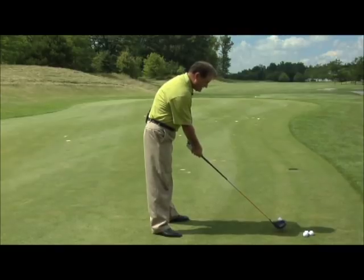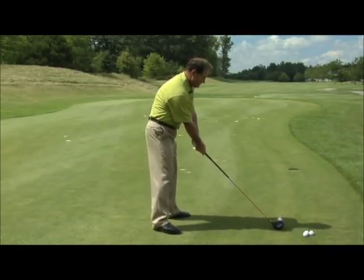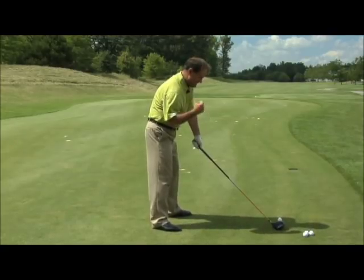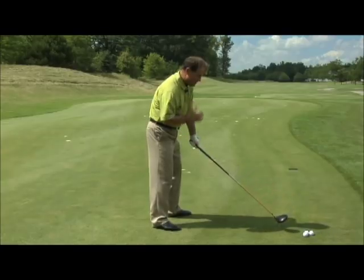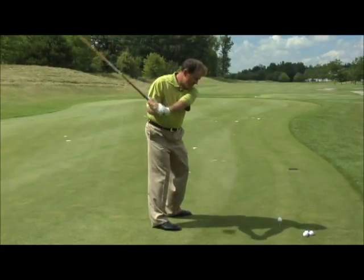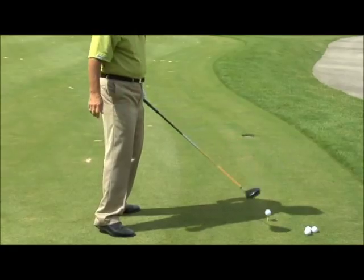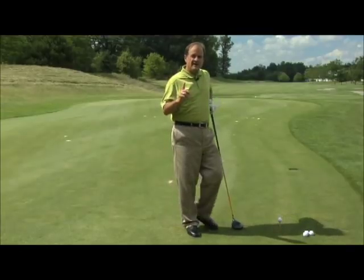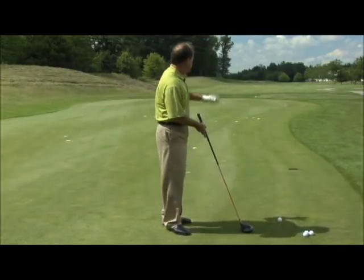If you want to correct your slice, check your grip, check your aim, get your chin up, make sure you're standing square or even a little bit what we call closed. This will enable the club face in the downswing to stay inside the line and the face will cross over. The hardest thing about correcting a slice is aiming, because you're so afraid of the out of